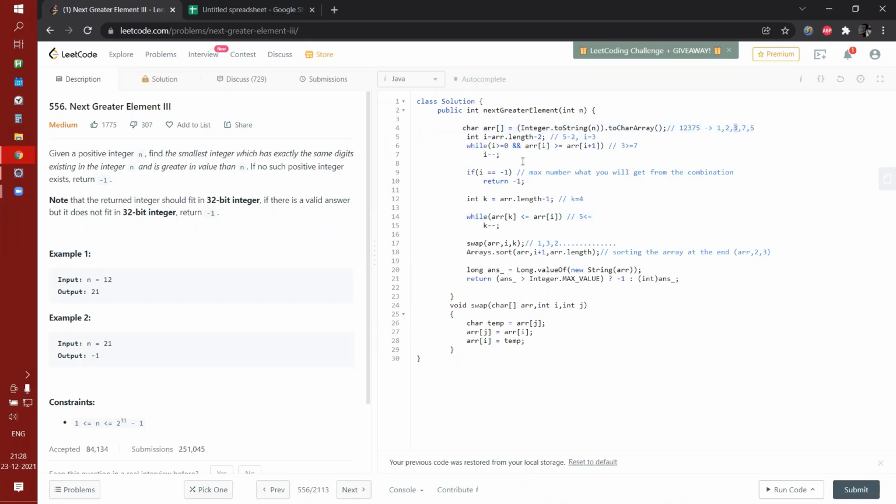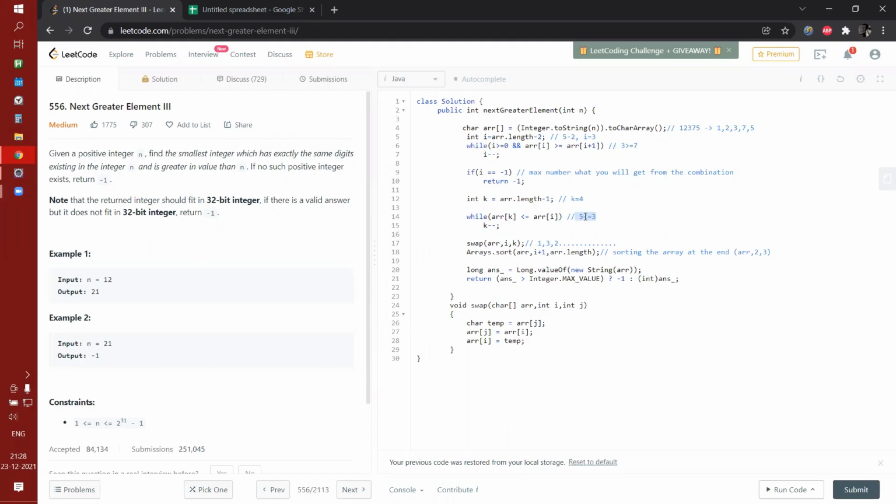Till here our while loop will break down. 3 is greater than or equal to 7. So it will be 3. So 5 is less than or equal to 3? No. So what did we find out? We found the next greatest element of 3. I hope you got this point, why we put up this situation: to get the next greatest element from the right of 3.